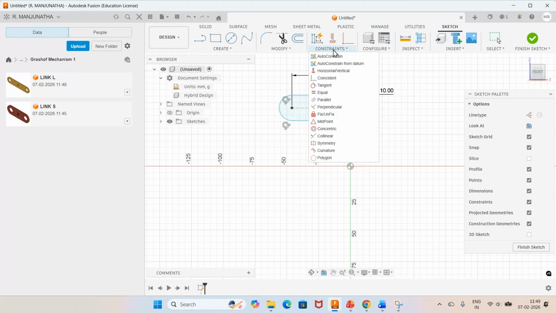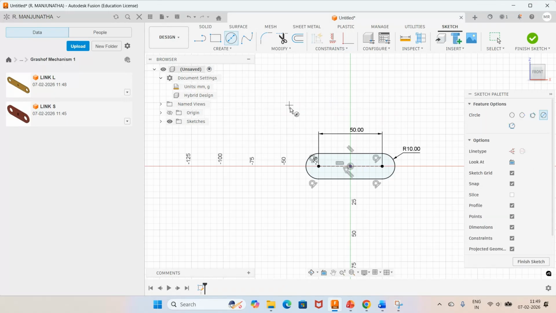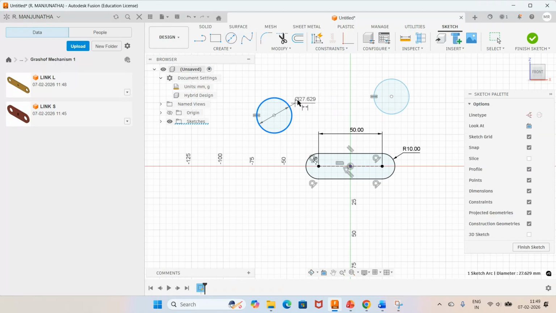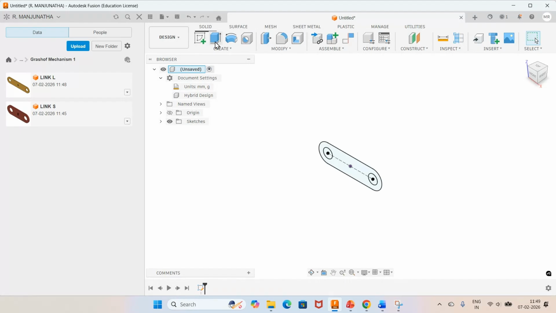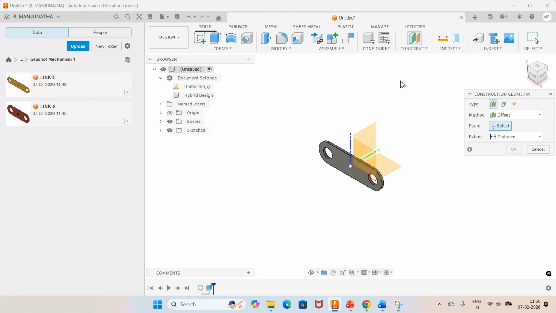to this origin. Now I will go for circle, take two circles of some diameter and go to constraint, click on equal, select on this and you select on this and then go to dimension, give the dimension as 10 and then go to constraint, go to concentric, click on this profile with reference to this, then again with this with reference to this and go to finish sketch. Now you go to extrude, click on this profile, give the dimension as 2 mm and then go to offset, select on this plane, give the dimension as 0.2